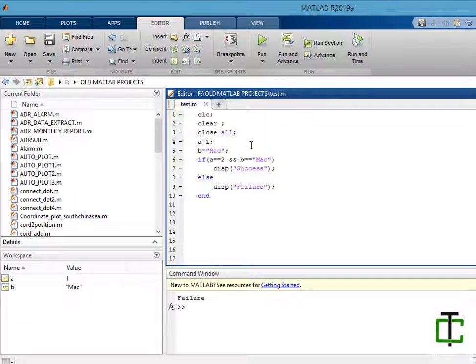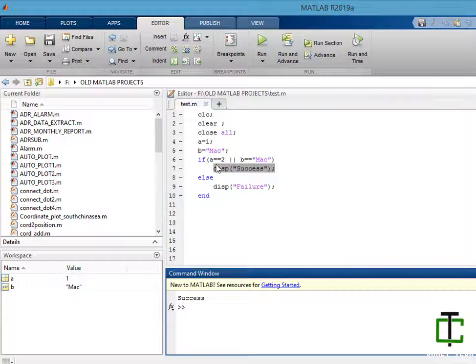So in the OR condition, here is your OR operator, the double stick. In the OR operator, either this statement or this statement, or both of them, will have to be true to execute this line.